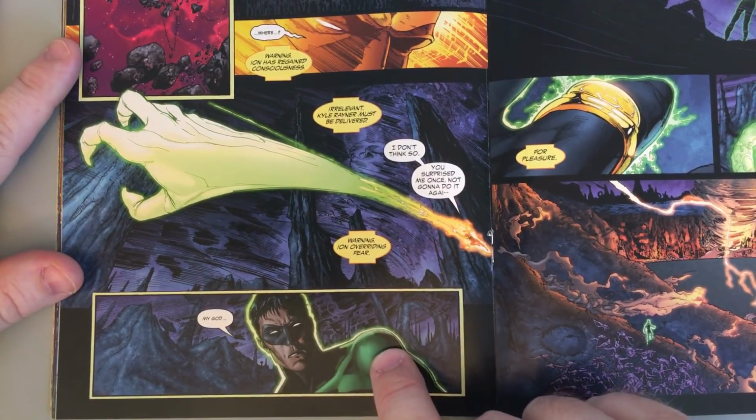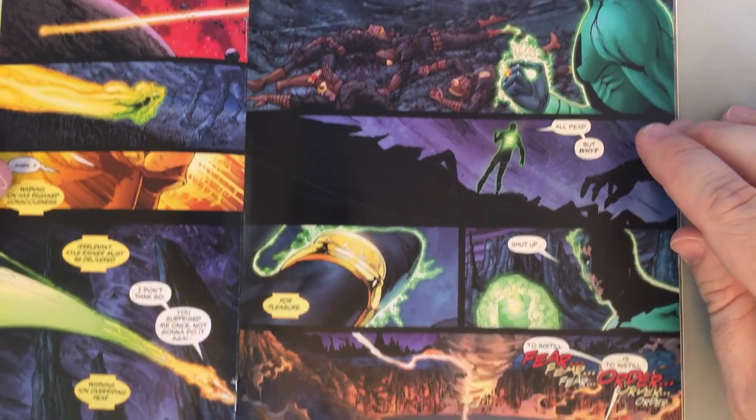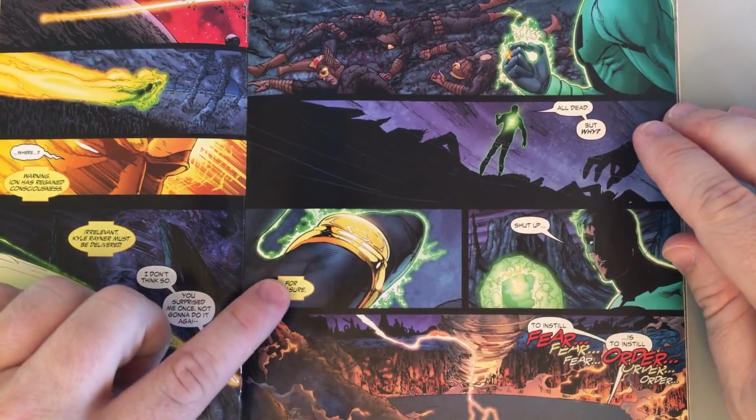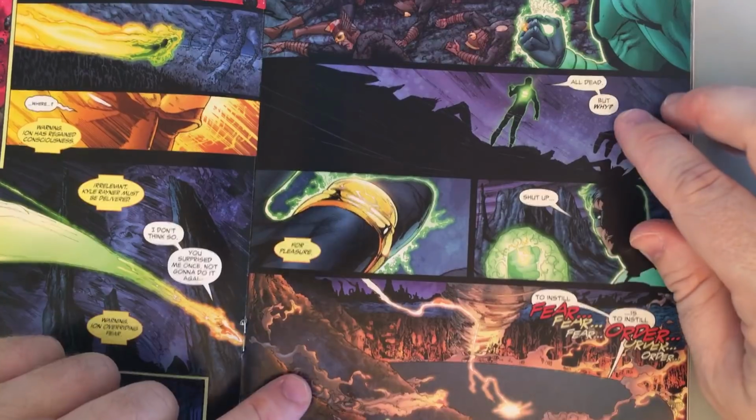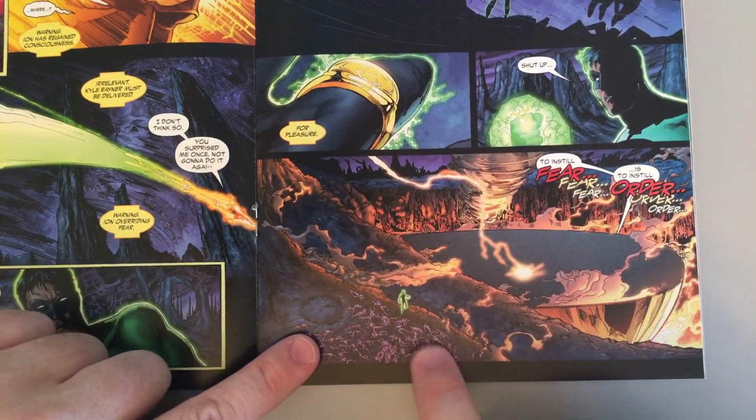And he's able to stop, and he sees all these dead Guardians here. He's got a yellow ring on his finger. All of them dead. Why? And the ring says, for pleasure. Shut up. And he turns around to see,